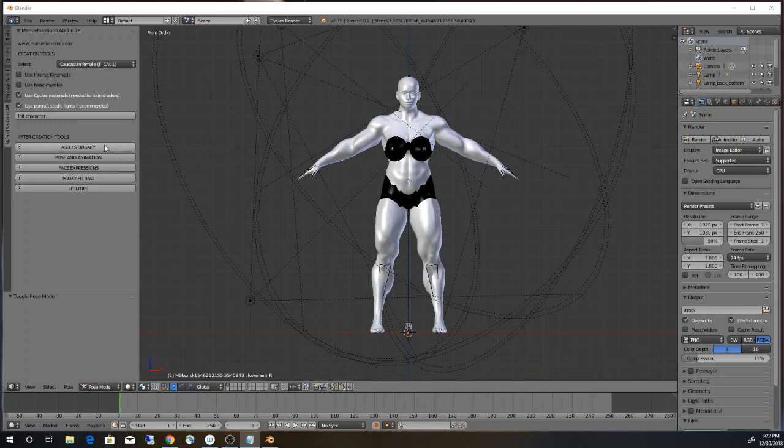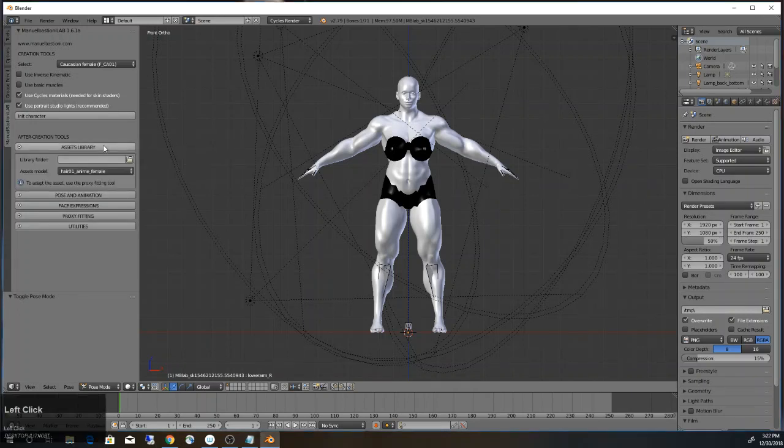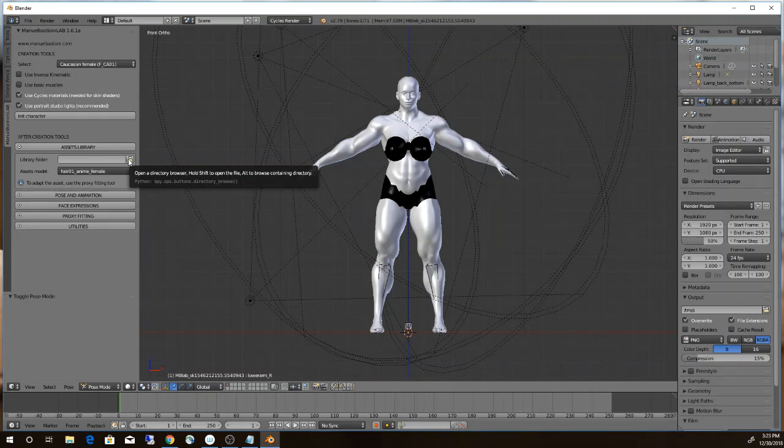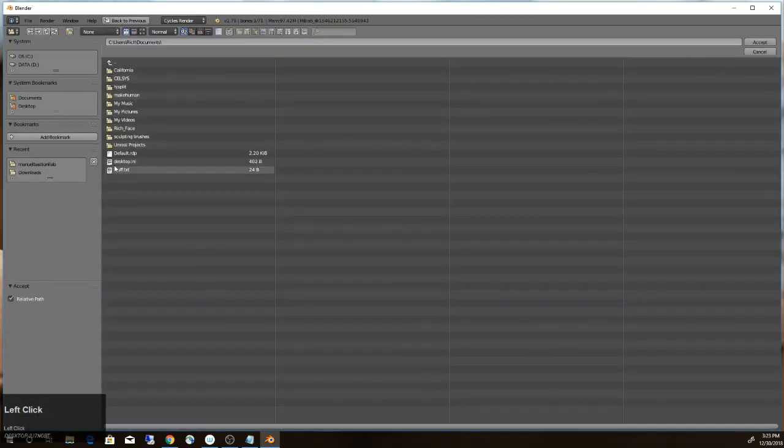And at this point, we can add an asset that we've created. So I'm going to go to the asset library, and it doesn't show me anything really at this point, other than the built-in hair for the character. So I'm going to go to my